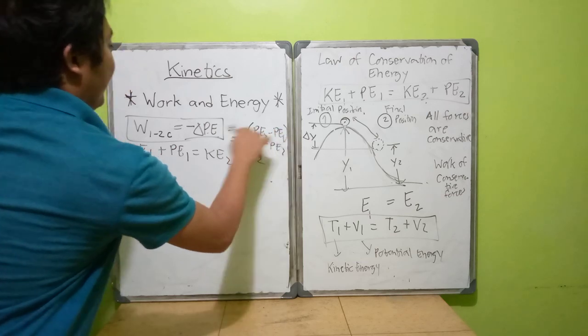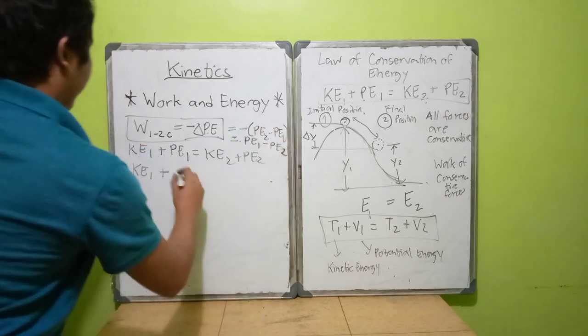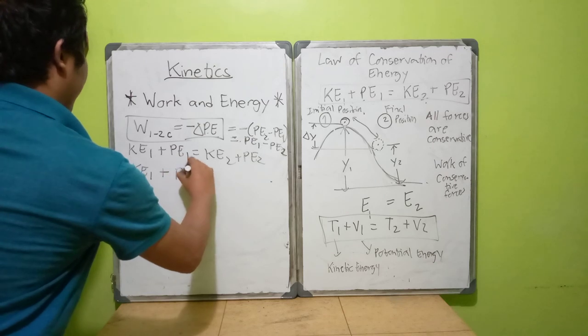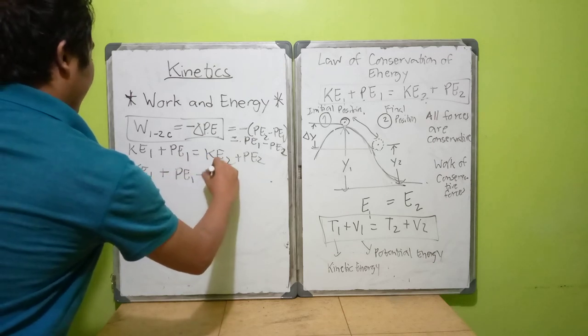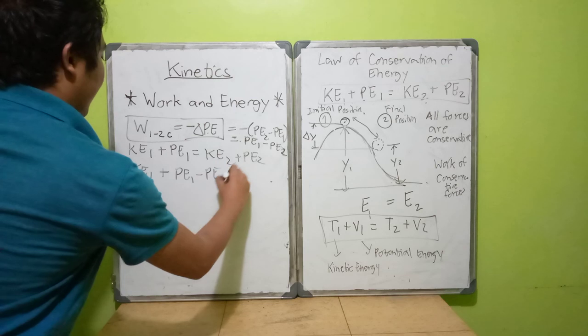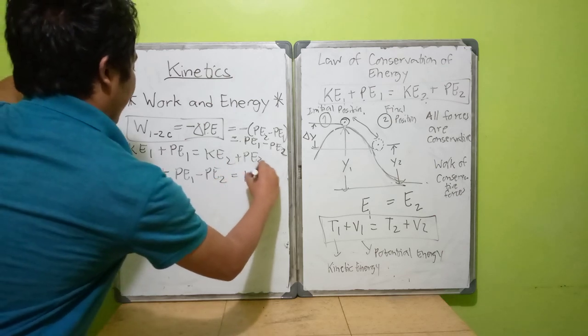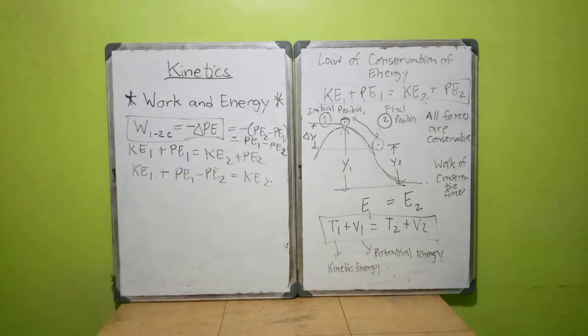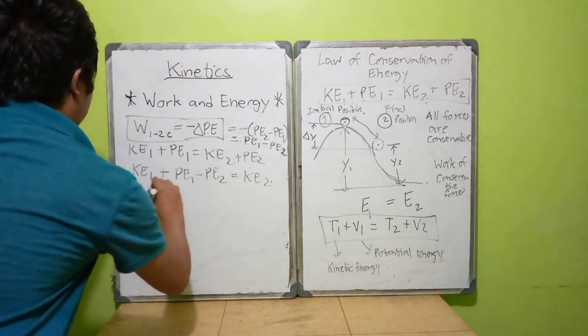Since we multiply by the negative, we transfer the PE2 to the left. So therefore we can get this formula, which KE1,